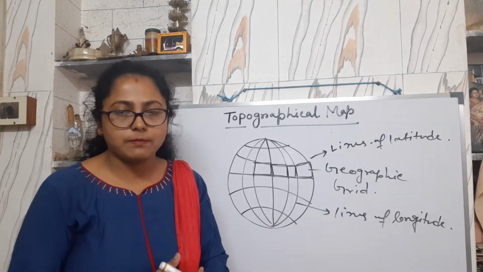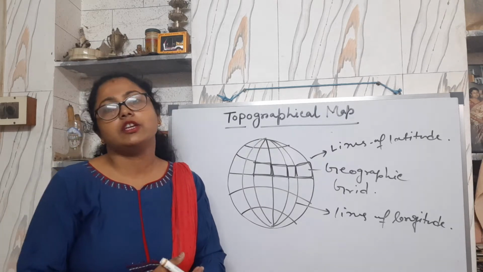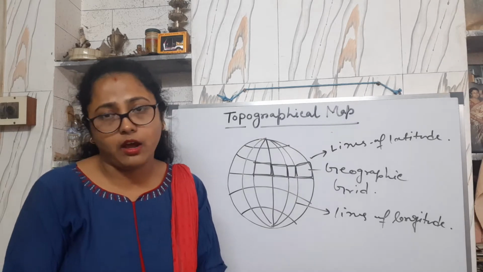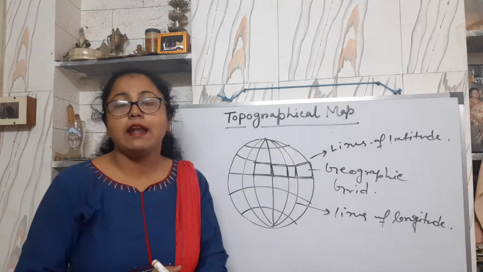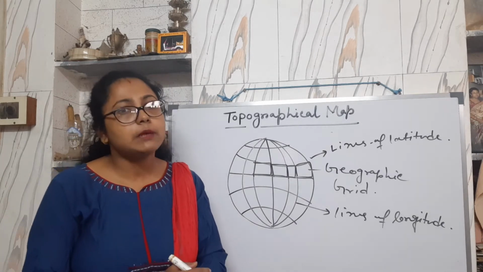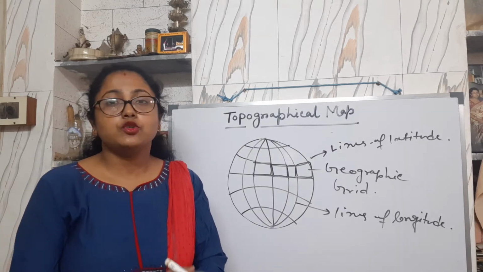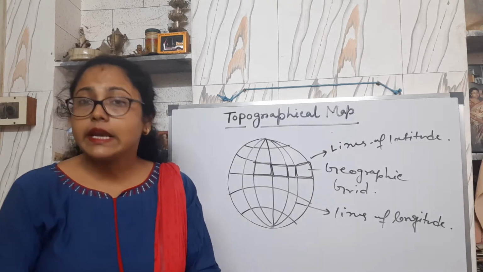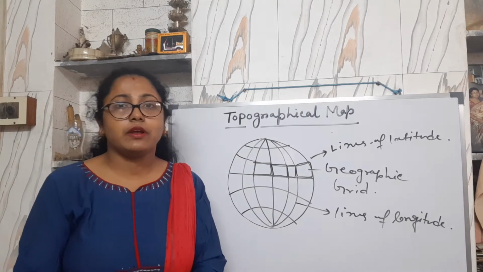these are large scale maps, that's why the exact or prominent location of any place cannot be found out by using the grids of latitudes and longitudes. They cannot give a prominent idea of any place on the topo map. So in the case of the topo map, to overcome this problem, the grid reference system is introduced. So what is this grid reference system?